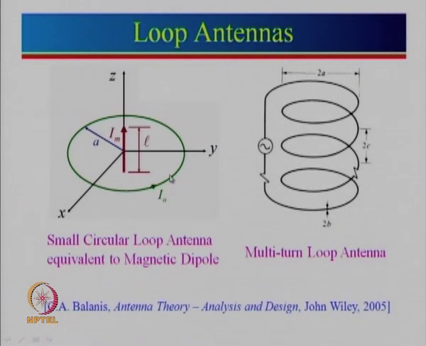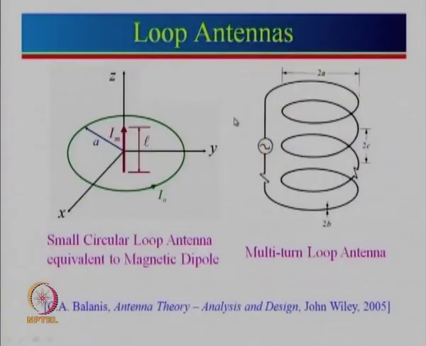So, in fact, we can actually use this particular simple assumption, and that way we can find out the radiation pattern of a dipole antenna, and by using its interchangeability. So, whatever is valid for dipole antenna, so E field for loop antenna, it will become H field, and whatever is H field for dipole antenna will become E field. So, E and H fields are reversed.